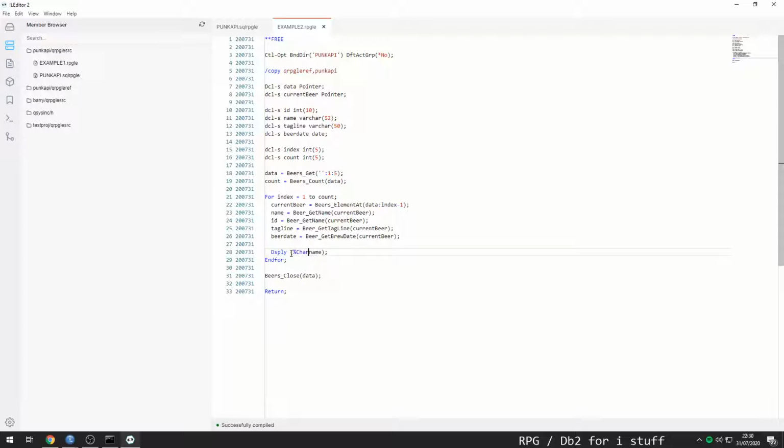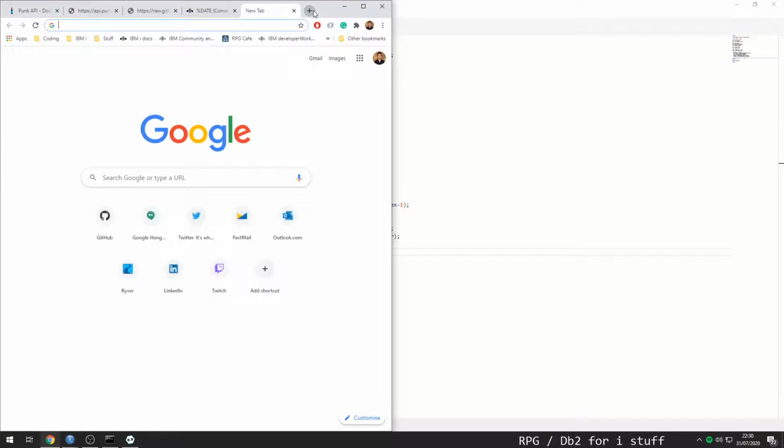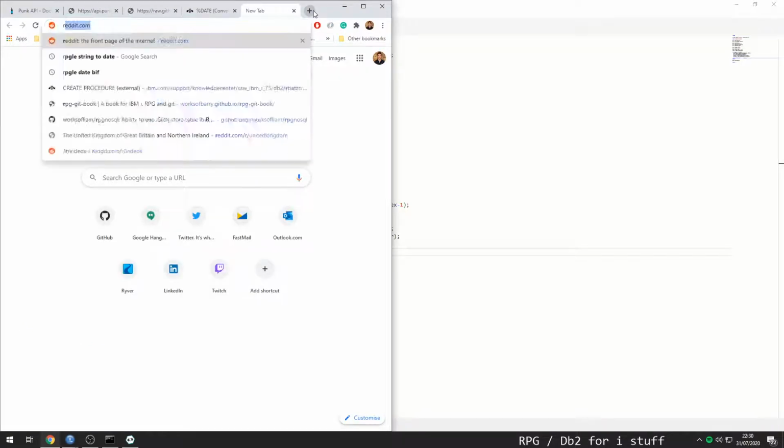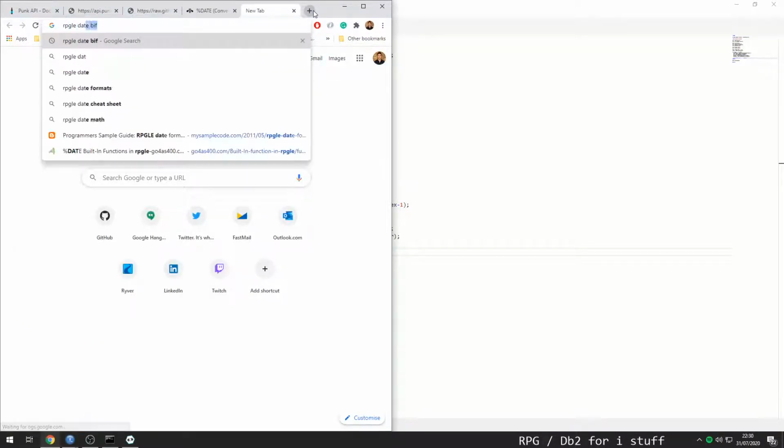Let's say character ID, and then I'll just say plus colon plus name. So that prints the name, and we could also print the date. So how do we get the what's it? Sub DT? No, that's not it. RPGLE date BIFs. We want